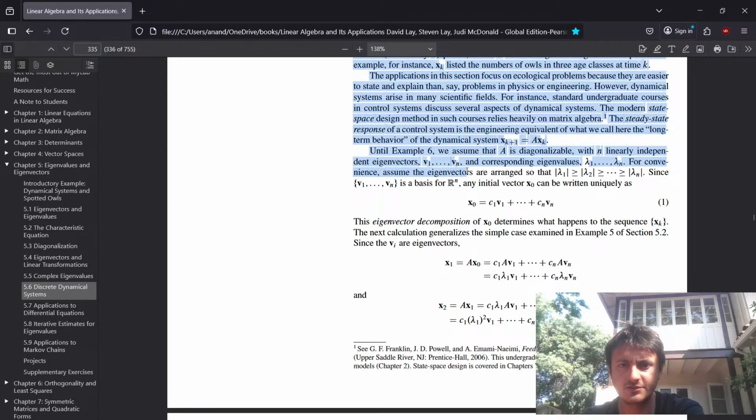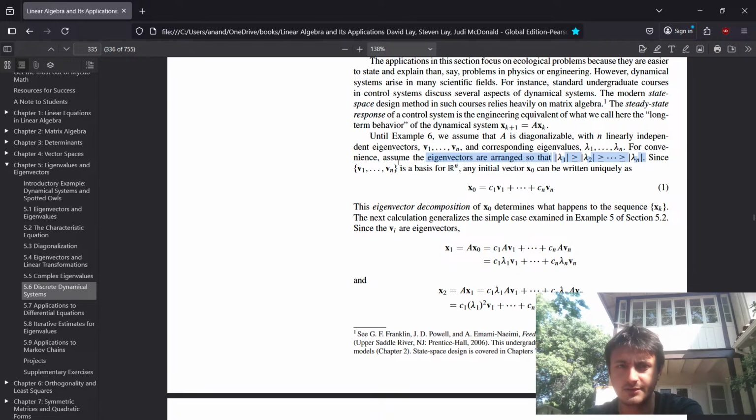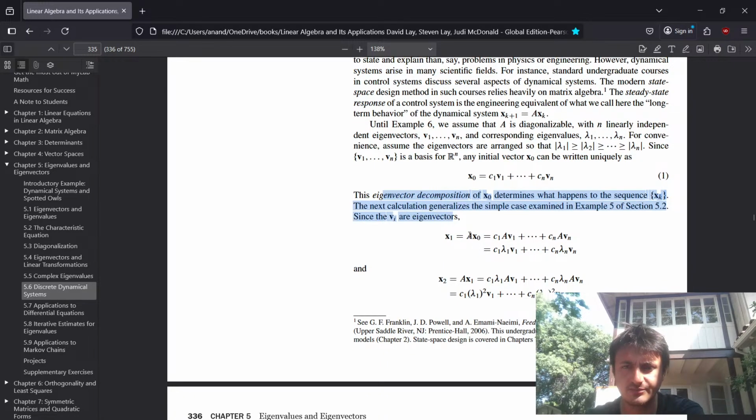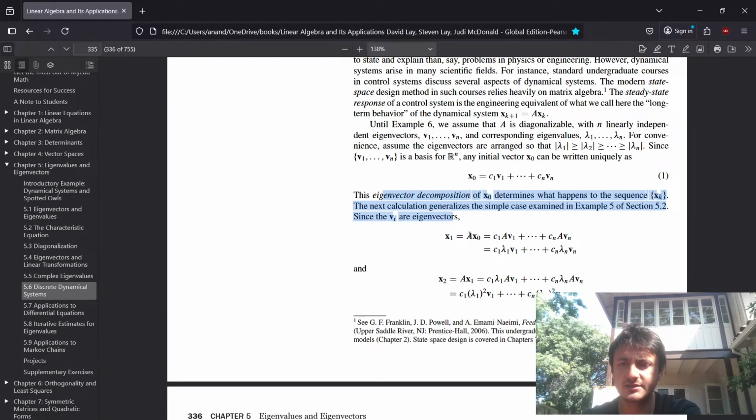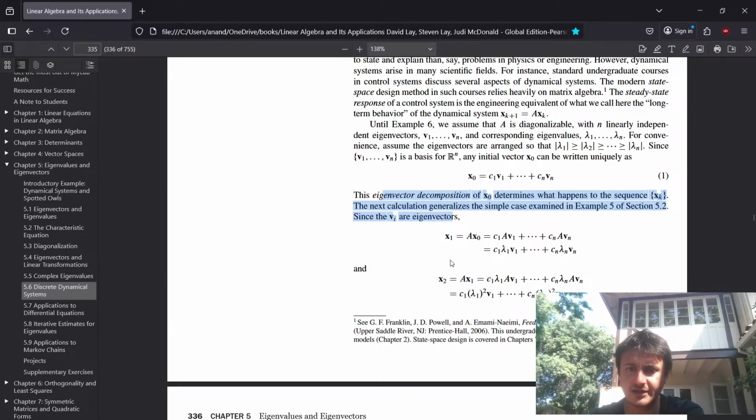For convenience, assume the eigenvectors are arranged so that the eigenvalues are decreasing. Since v1 to vn is a basis for Rn, any initial vector x0 can be written uniquely as a linear combination of the eigenvectors. This eigenvector decomposition of x0 determines what happens to the sequence xk. The next calculation generalizes the simple case examined in example 5.2. Since the vi are the eigenvectors, Ax0 is equal to